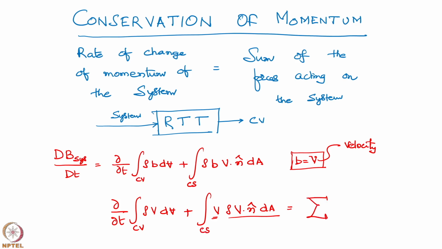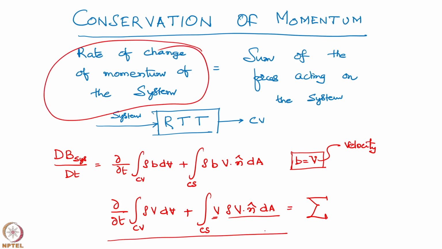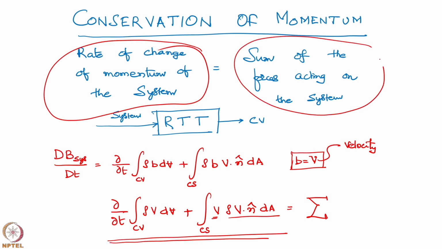You can see here, this is the rate of change of the momentum of the system, that is what we applied through RTT for the control volume. And now the sum of the forces acting on the system, same forces which are acting on the control volume, sigma of F acting on the contents of the control volume. So, how do I write this? That is the rate of